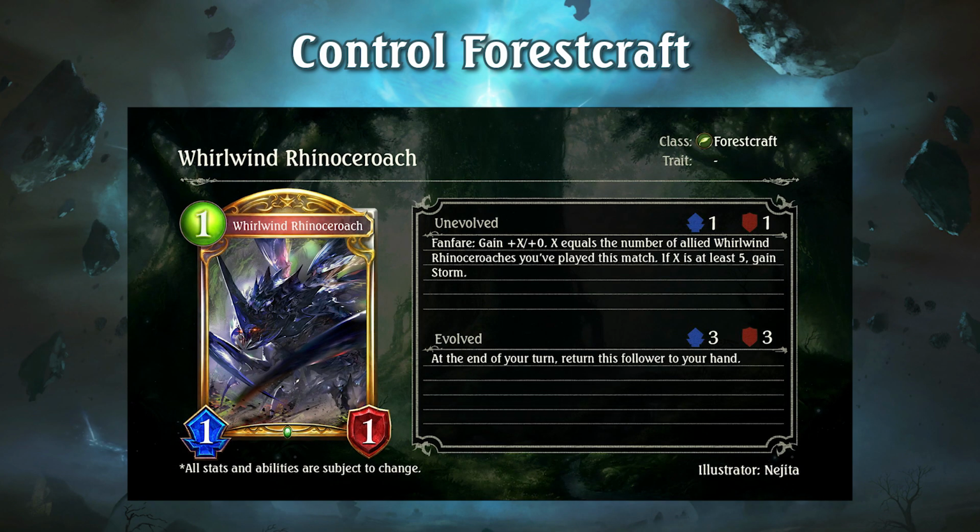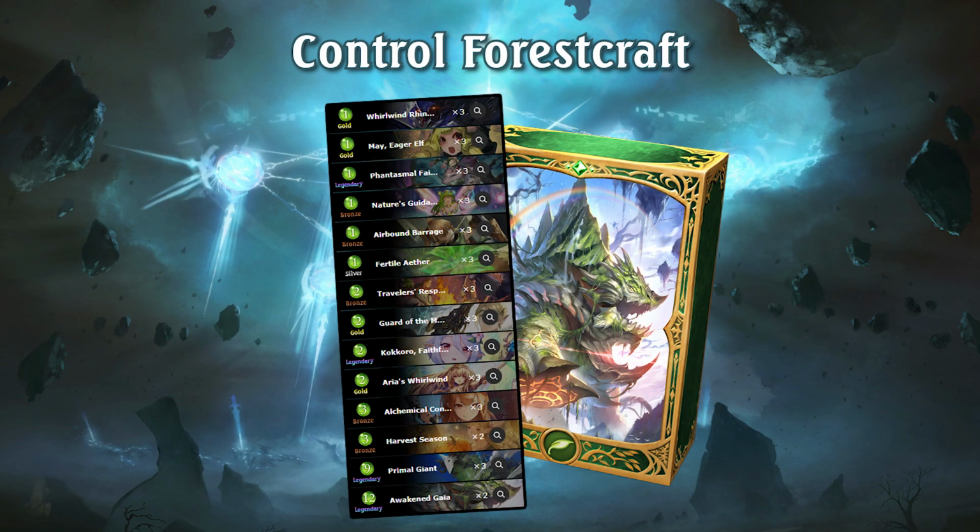Don't let its size fool you. This card can be played multiple times to eventually burst your opponent in a single turn. With a wide array of healing and control tools, this is one of the most powerful decks in the World Uprooted expansion. In the early game, you can safely ignore the board and focus on drawing more cards with Kokoro,